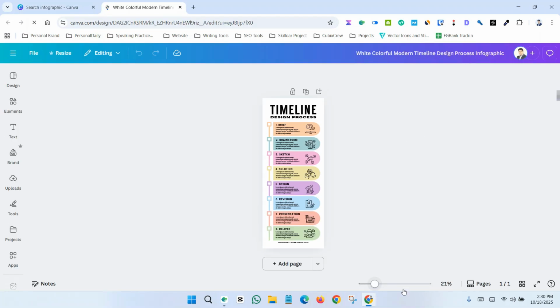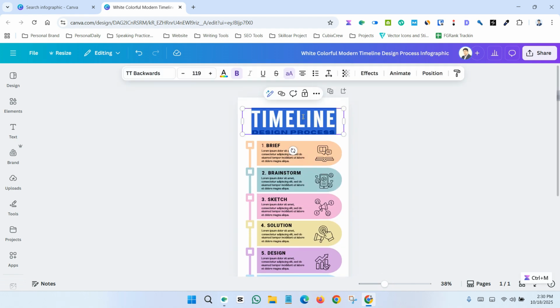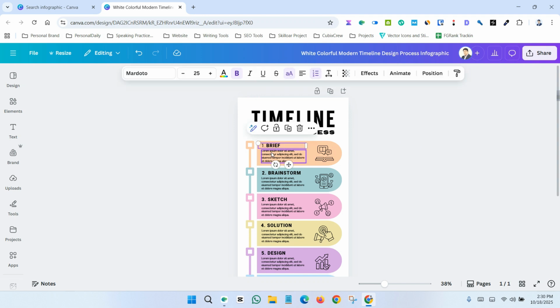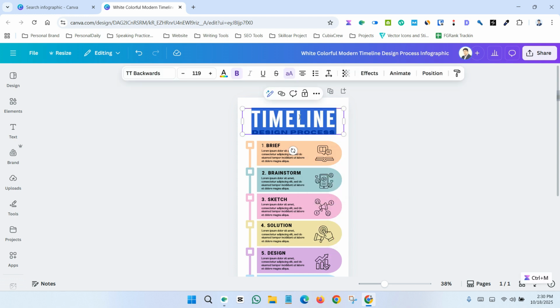And here it is, the ready-made template. I can use this template and change every piece of information here with my information, and I can change the icons as well. So how can I change the title? Click here to change the title. Let's say the first title is BG Whisper,